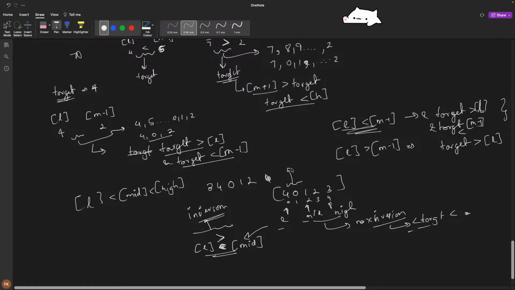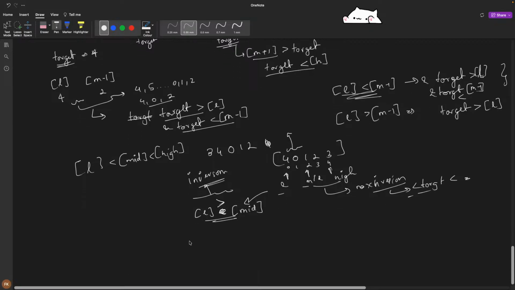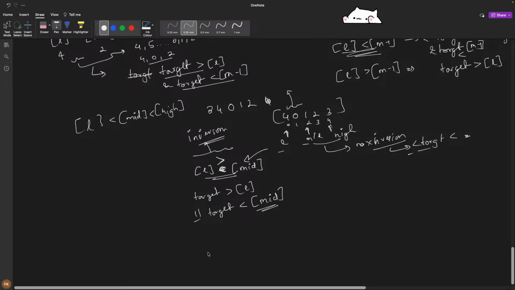So for any target to be here, the target should be greater than L, or the target should be less than mid. So I got it. The cases are when